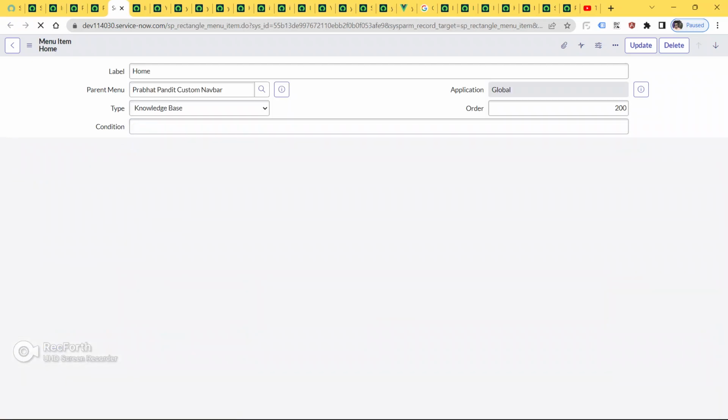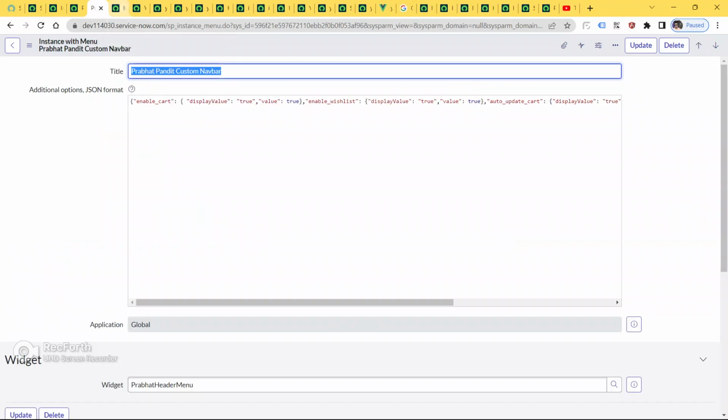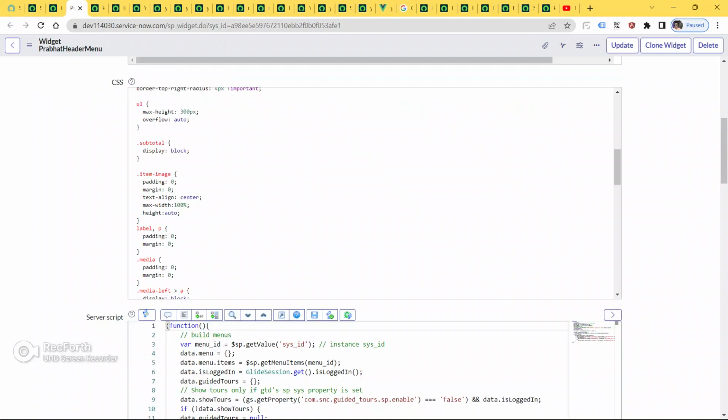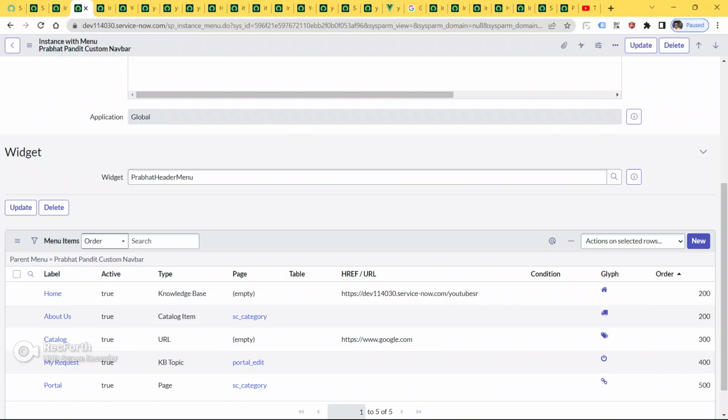Okay, click on the home menu. As of now, I have given type knowledge base. Okay, no, not this one, not this one, guys, sorry.